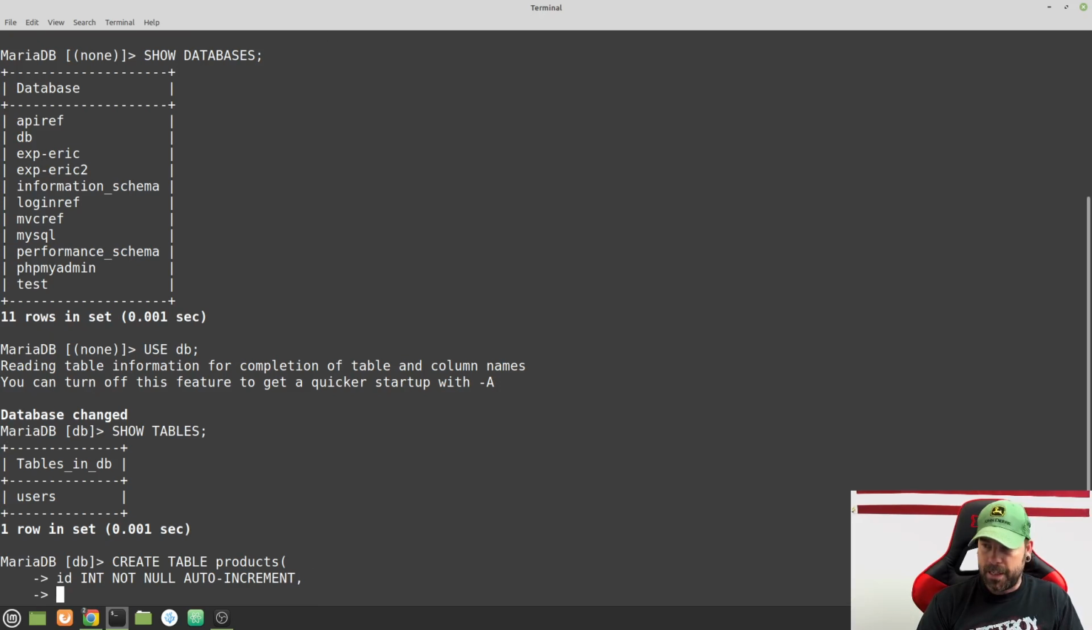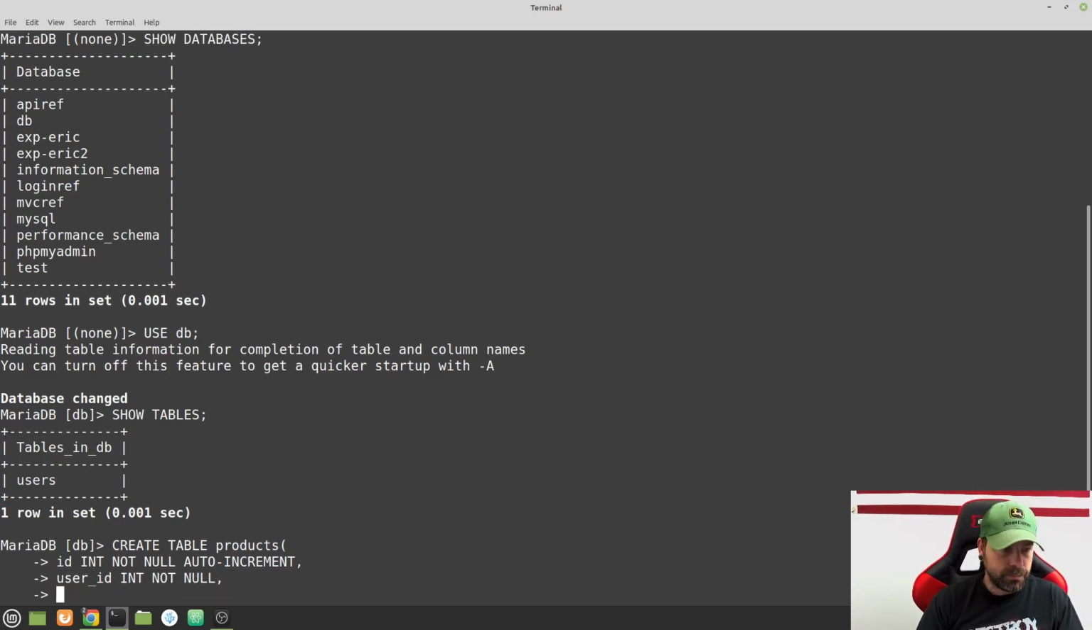The next thing that we're going to add, the way that we're going to relate these two together, is these products will have a user ID. So we'll go ahead and give it a user ID. It will also be an int of not null. We'll do a comma there. And then we have ID, user ID, and then typically what we would do in this situation is you would have another product ID, which would, you would have,